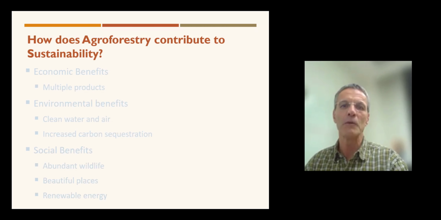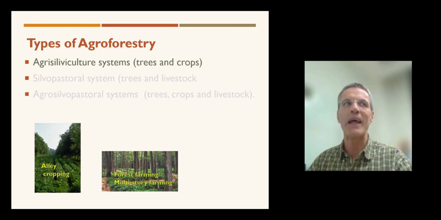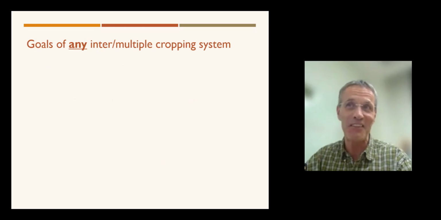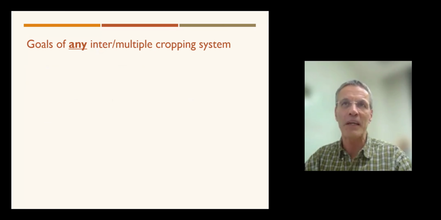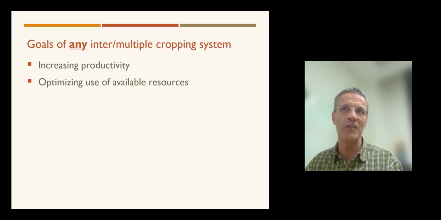I'd like to go into a little bit about what generally we have on benefits when we put multiple species together. You already talked about much of that, but I want to set the stage a little bit so then it's easier to understand the alley cropping. With any cropping system that puts more than one species into a field, your hope is that there is some advantages to that in terms of overall productivity. You're trying to optimize the resources that you have, and we'll look at that.